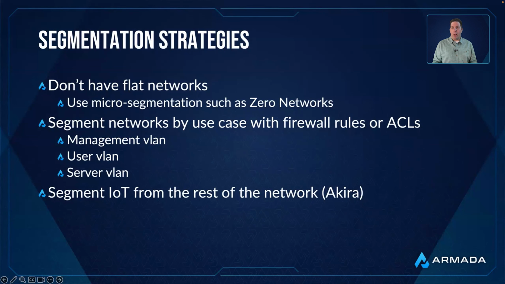So again, IoT should be segmented away. There are other concerns there, like why didn't the EDR see that happening, but you should 100% be segmenting your network, especially when it comes to IoT